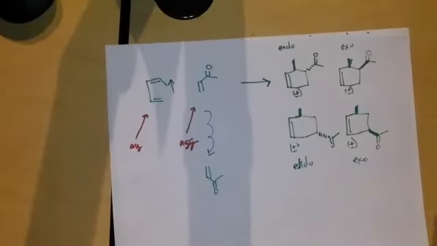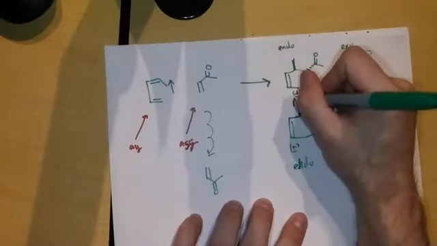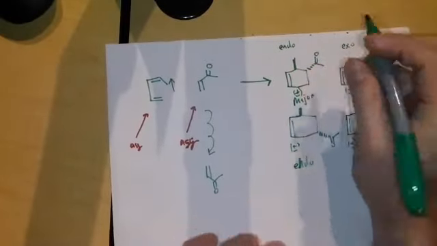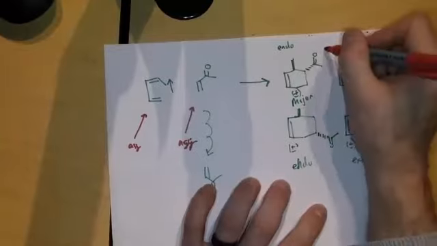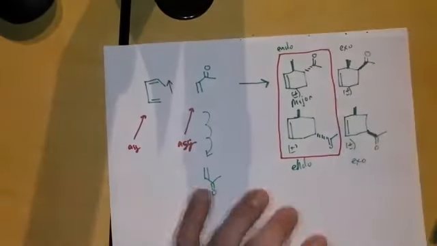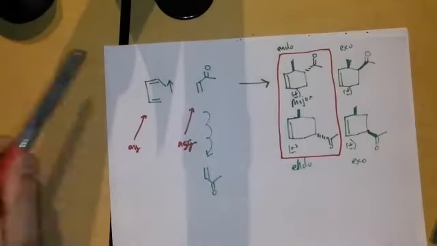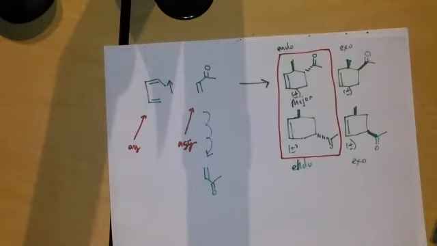This is an exo. Our exos, or sorry, our endos are going to be our major products because we want to favor this being out of the way. So this is one that if we're asked to draw the major product, it would be these 2. If you had to draw all 4 of them, that would be